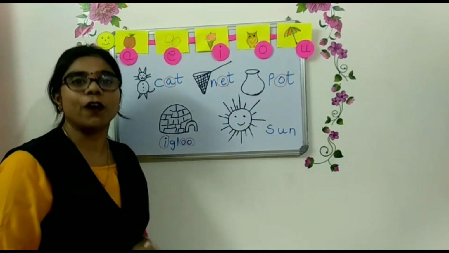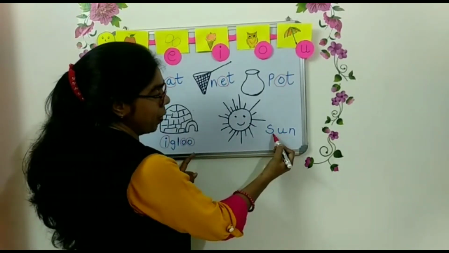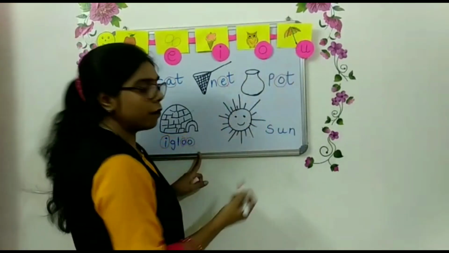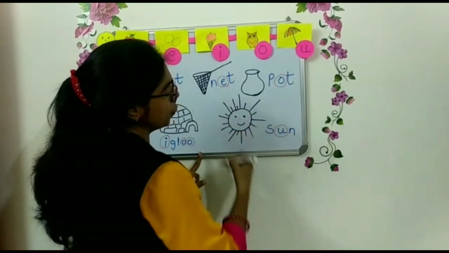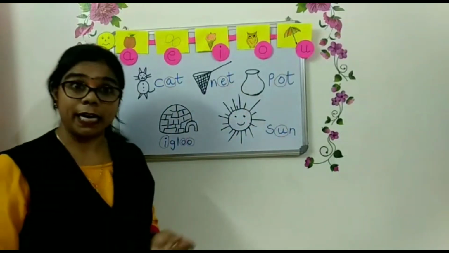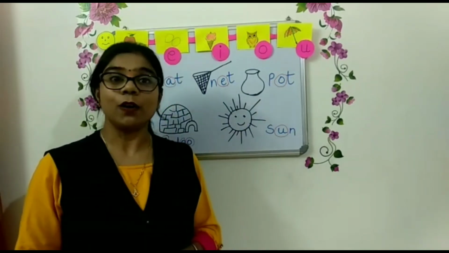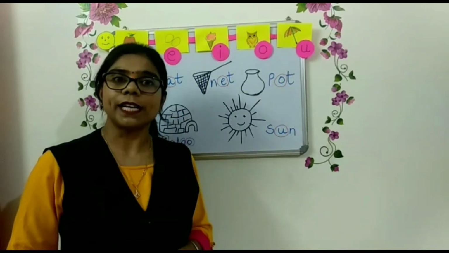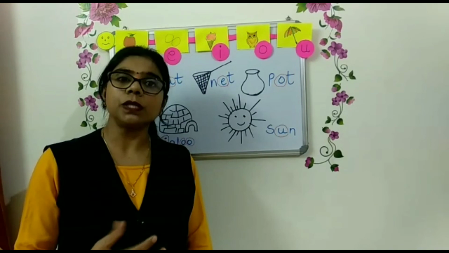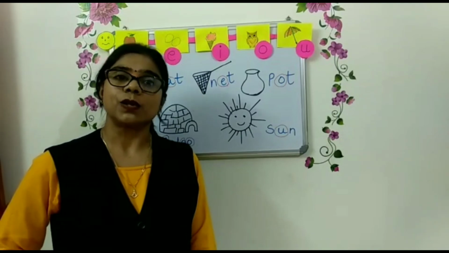Right? Now what is this? This is a sun. S, right? Is S a vowel? No. Is U a vowel? Yes. U is a vowel. So we have to make a circle on U. Is N a vowel? No. So now we have found the vowels in so many words and circled them. I hope आप सबको बहुत मजा आया होगा. Okay children, please do practice, and in another class we'll use 2-letter words and 3-letter words of vowels A and E. Okay children, keep practicing.